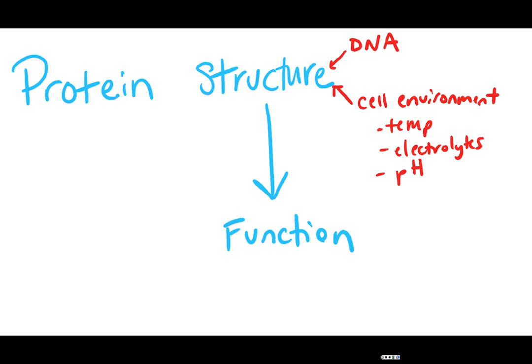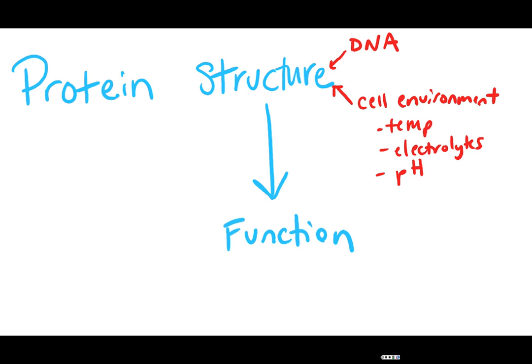Now, as we talk about our proteins, we've already discussed their functions, but what we have next to talk about is the structure. Now, the structure of the protein is the most complicated of the 4 macromolecules that we're studying. And why are we going to spend so much time talking about the structure of the protein? Well, because the structure is going to determine its ability to function. So in this case, this is a good representation of form meeting function. If in any way you change the shape or structure of the protein, it does not function. Sometimes that means it doesn't function as well as it should. Other times that means it doesn't function, point blank, period.